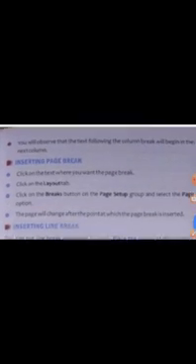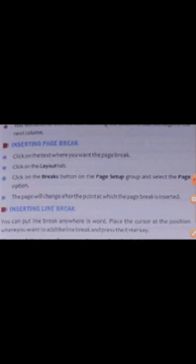Now we come to inserting page break. Now what is page break? Page break is when your one topic is over and you want to start a new topic, though you have space on that page, but you want to start on a new page instead of continuing on the same page. It looks neat if we present our document on separate pages. When we have typed all the document on the same page, and now you want to start that particular topic on a new page, for that we need to give a page break.